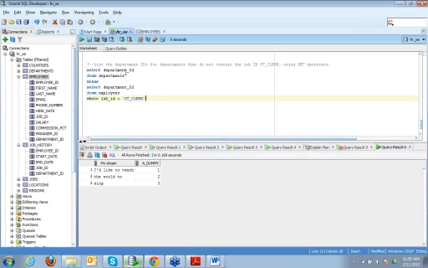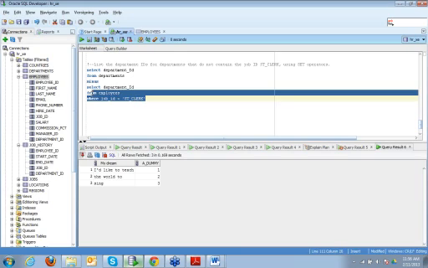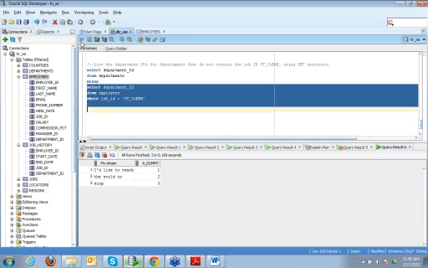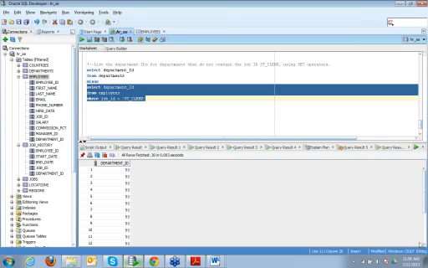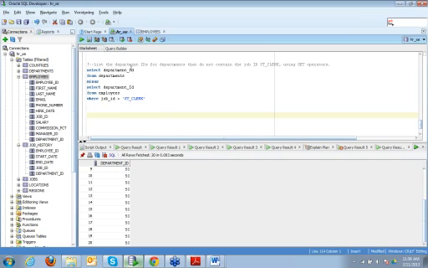Okay, so what I'm doing, first let's try to run this one, and let's see how many department IDs come here. So we have all the ST clerks in department ID 50. So I want all the other department IDs.